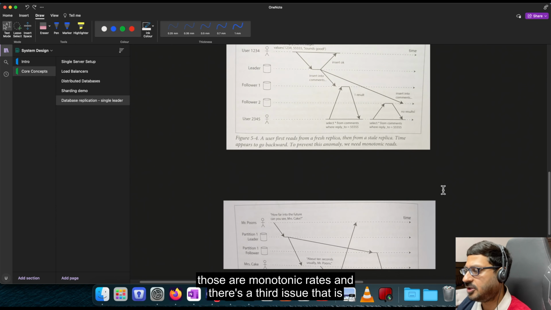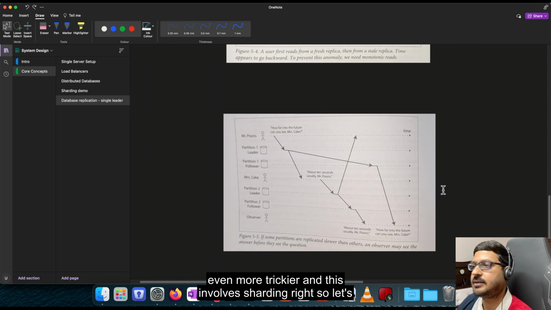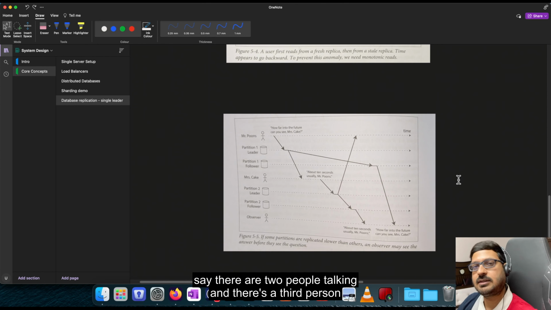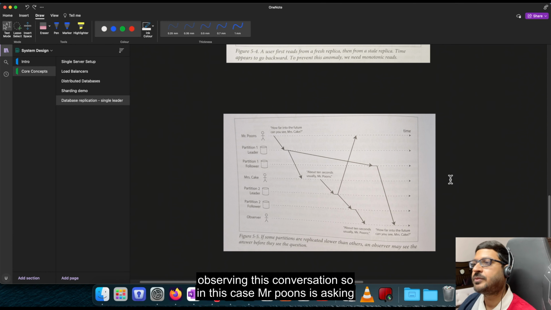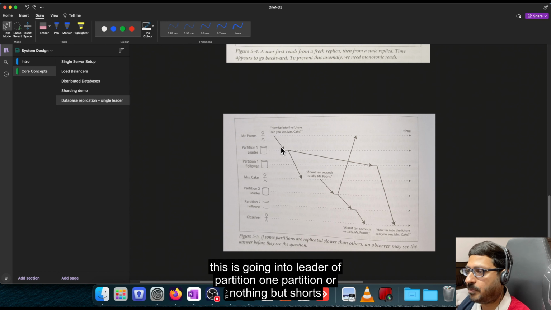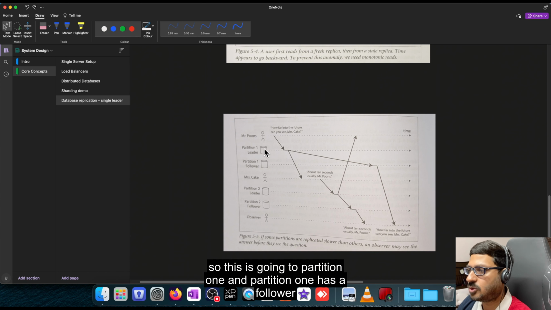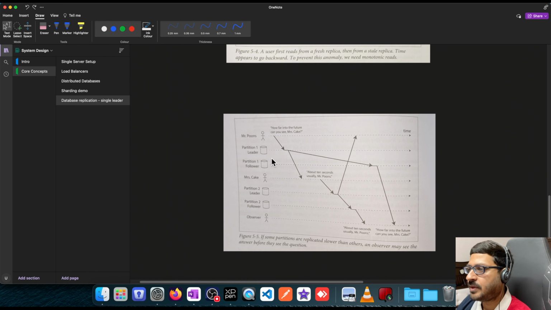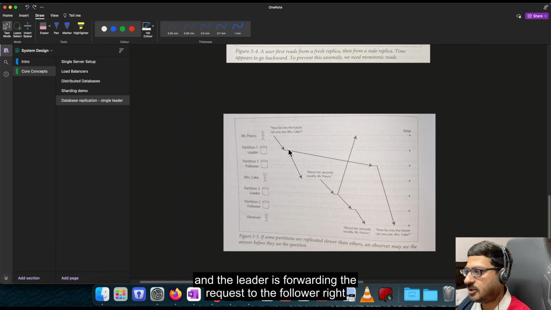And there's a third issue that is even trickier, and this involves sharding, right? So let's say there are two people talking and there's a third person observing this conversation. In this case, Mr. Poons is asking a question: how far into the future can you see, Mrs. Cake? And this is going to the leader of partition 1. Partitions are nothing but shards. So this is going to partition 1, and partition 1 has a follower, and the leader is forwarding the request